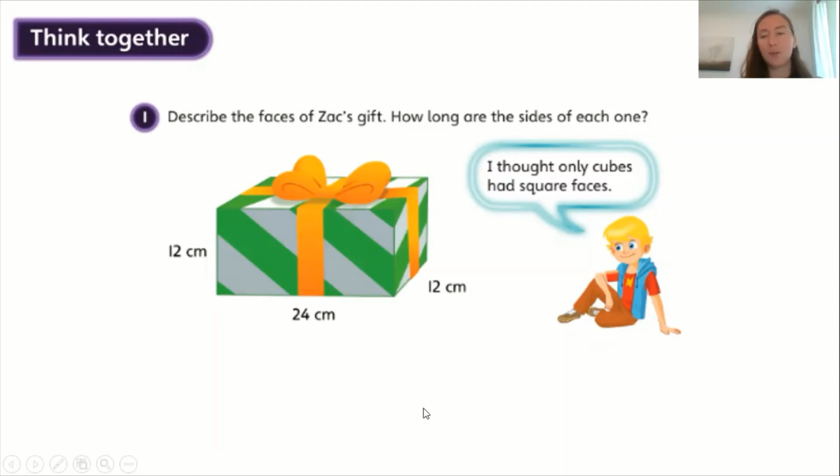This makes it a prism. It doesn't matter where I cut along the shape. I could cut it here, or I could cut it straight down. I could even cut it across the middle here. If I slice that shape into more parts, because the faces on either end are the same, it's called a